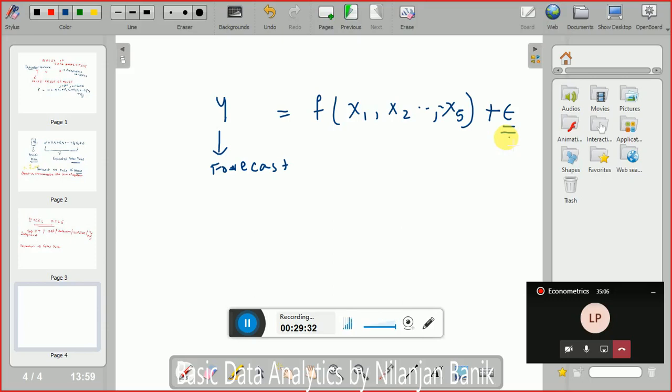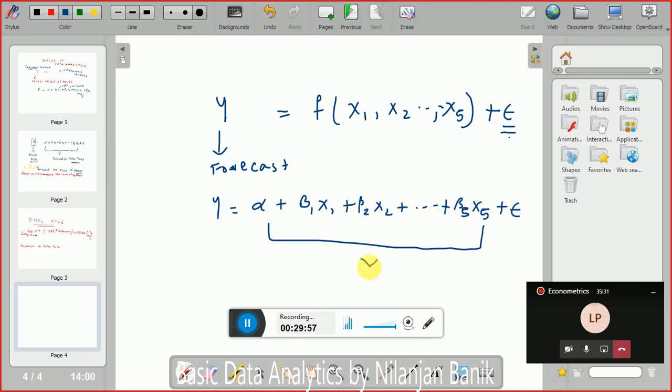Is it clear up to this point? Now, in the previous class, we also said that there are very few basic assumptions in this model, which is that I have a constant term, and we are calling this whole thing y hat. So what is the forecast error that we are talking about? Forecast error in this case is y less y hat, which is nothing but my error term.